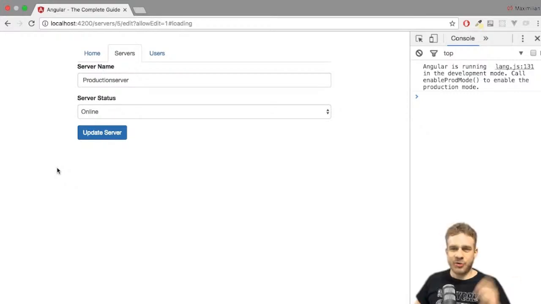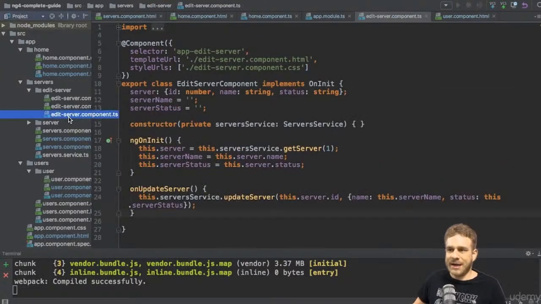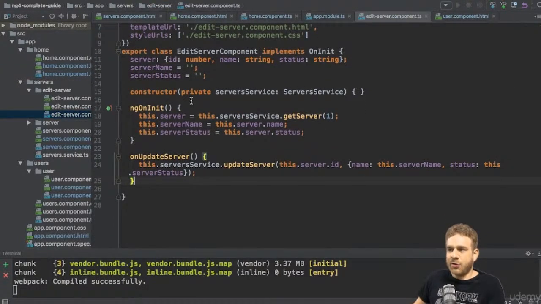In the last lecture we learned how we can pass query parameters and fragments. Now let's make sure we can also retrieve them. So we're loading this added server component in the end, so that is probably where we want to retrieve that information. We can easily do this by going there, added server component, and you see there already is a lot of